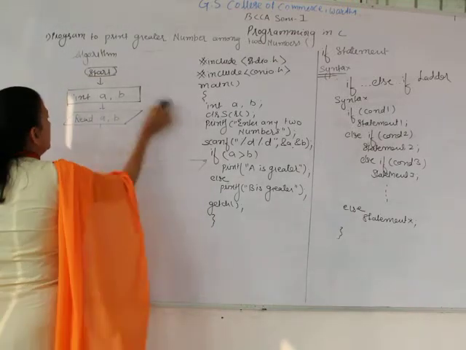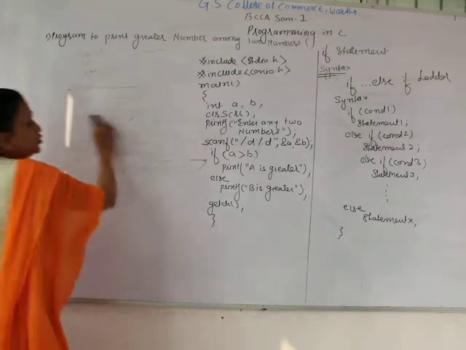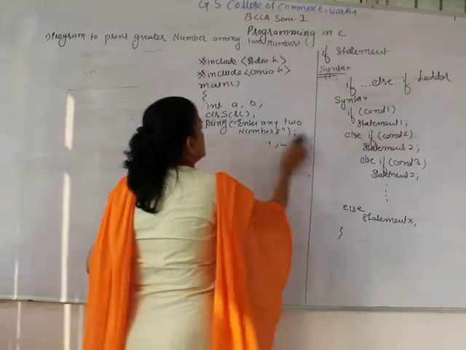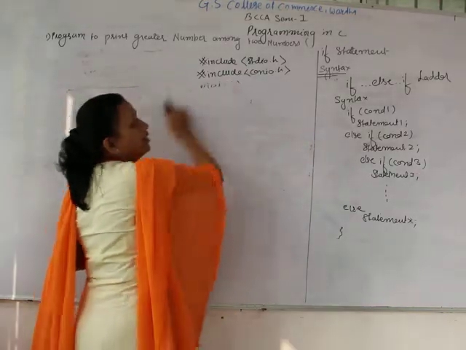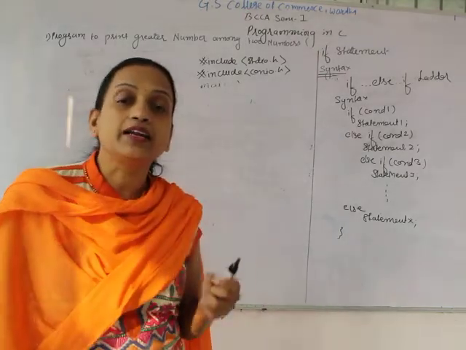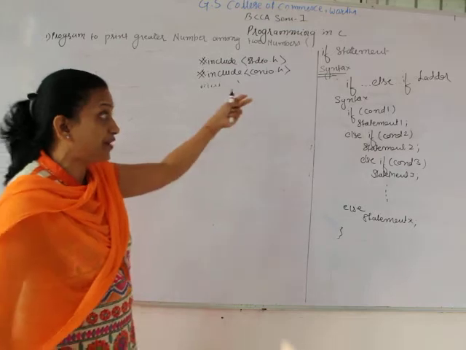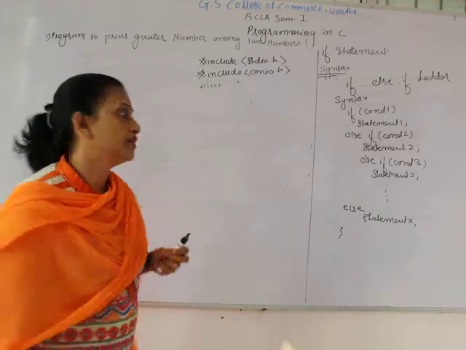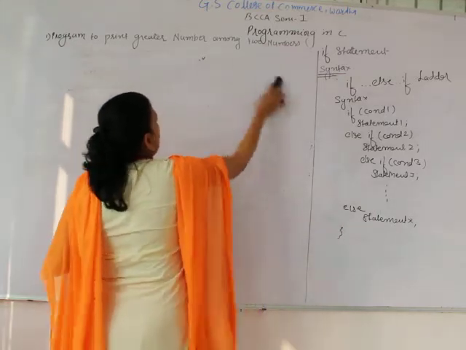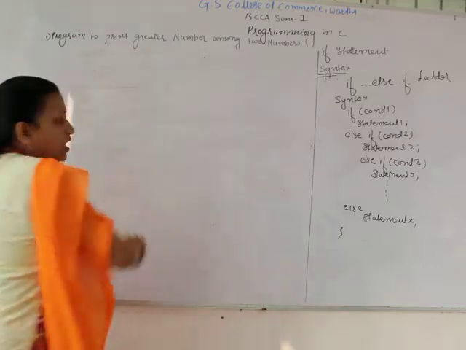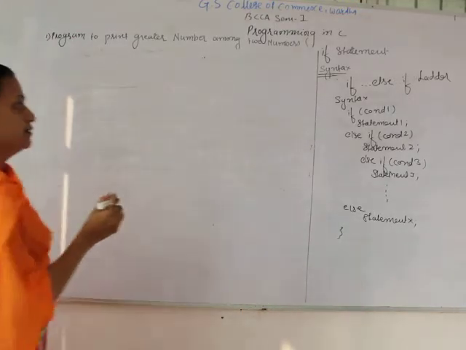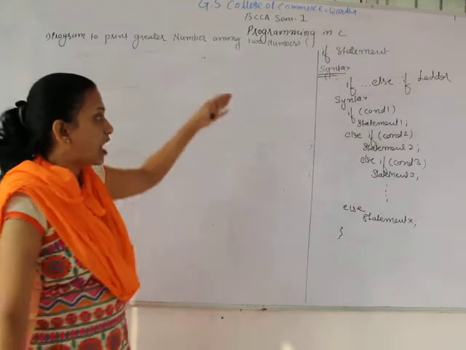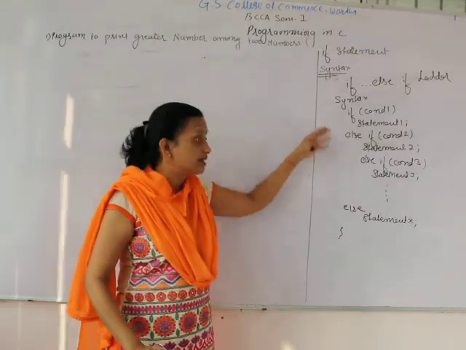Okay, so here I am taking the example of printing the greatest number amongst three numbers. Means first, what I explained was printing the greater number among two numbers by using the if statement. Now I am going to explain how to print the greatest number among three inputted numbers. Now let's first understand how the statement gets executed.